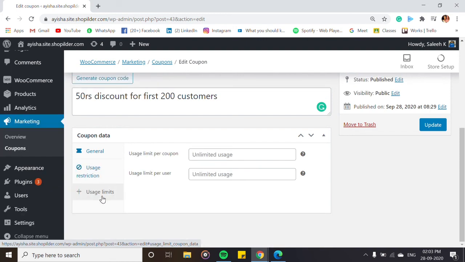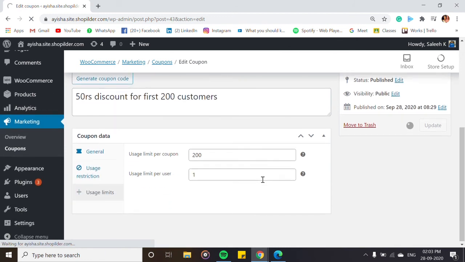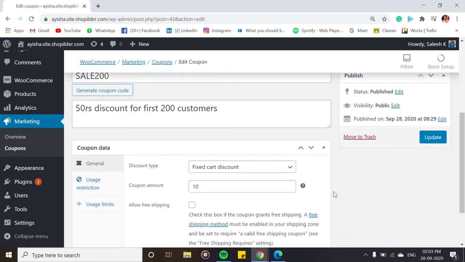Now, for limiting it to 200 users, let's go to usage limits. Usage limit per coupon: this coupon is valid for 200 customers, so let's enter 200, and let's limit it to one per user, since you don't want users using this coupon many times. Then click update.